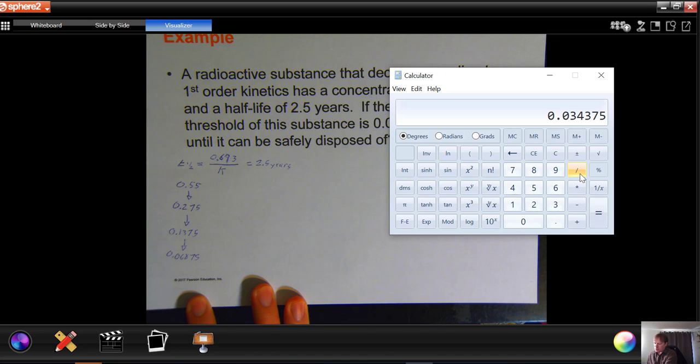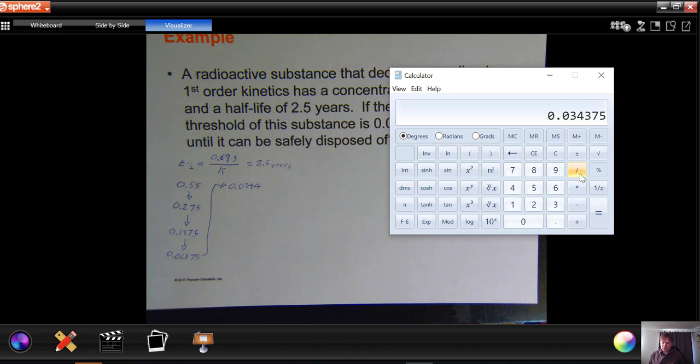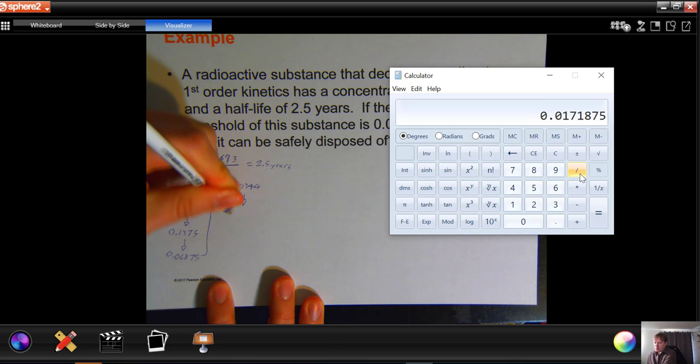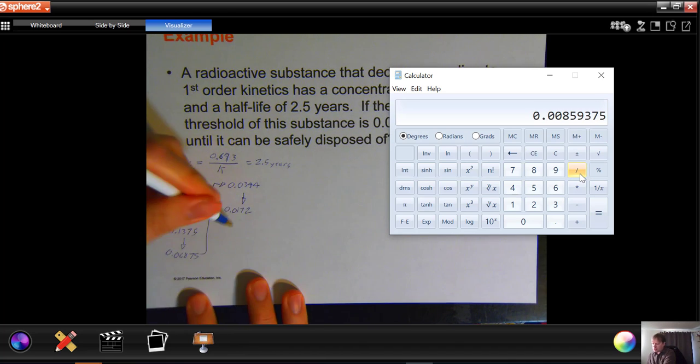As we're running out of space, we get to 0.0344. We do it again. We get to 0.0172, and then we do it again, and we get to